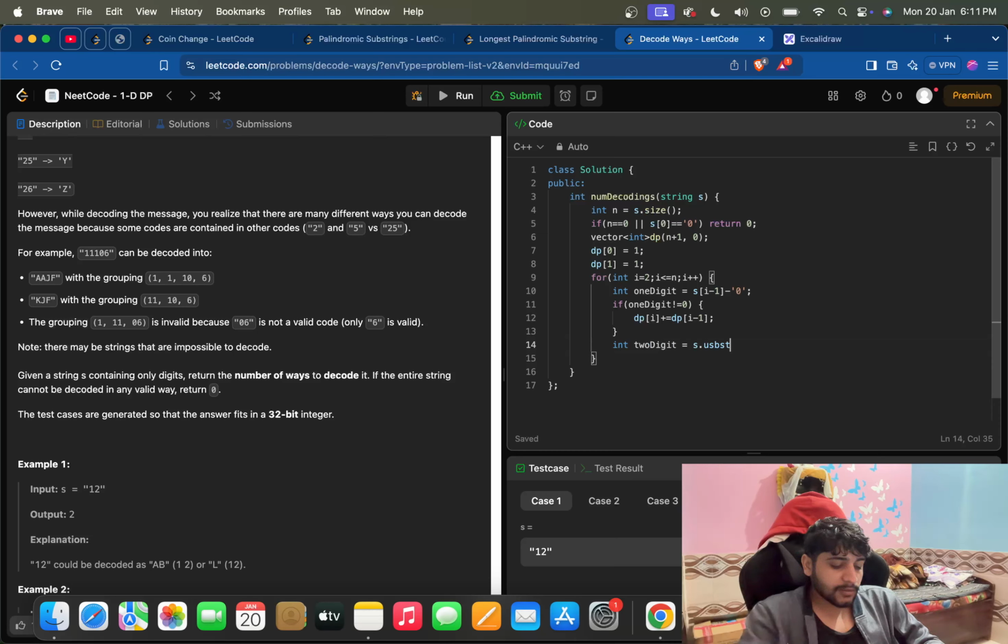लेकिन अगर टू डिजिट देखते हैं आप, टू डिजिट में क्या होगा, s.substr, सब स्ट्रिंग, कौन सी सब स्ट्रिंग, स्टार्टिंग इंडेक्स क्या है i-2, लेंथ क्या है 2, ये एक सब स्ट्रिंग हो गई। अब इसको हमें कन्वर्ट करना है इंटीजर में, तो stoi, स्ट्रिंग टू इंटीजर। और अगर इफ दिस टू डिजिट इज ग्रेटर और इक्वल टू 1 एंड टू डिजिट लेस और इक्वल टू 26, इस रेंज में है, तभी वी विल डू व्हाट, dp[i] को फिर से कर देंगे, इसमें ये पॉसिबिलिटी भी जोड़ देंगे भाई।